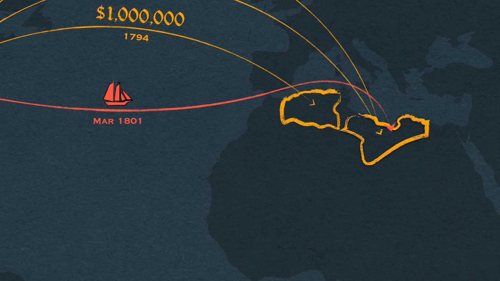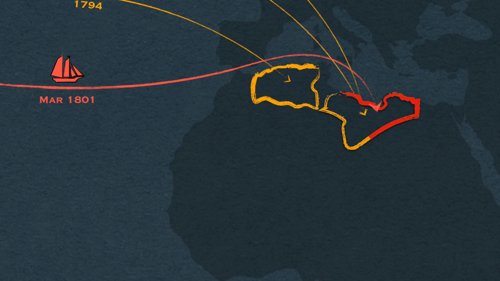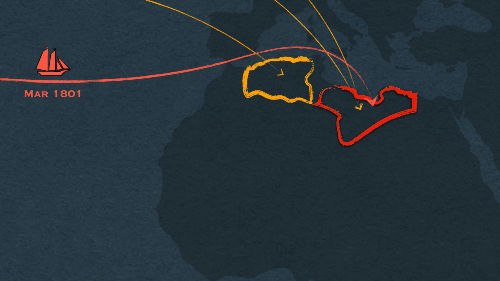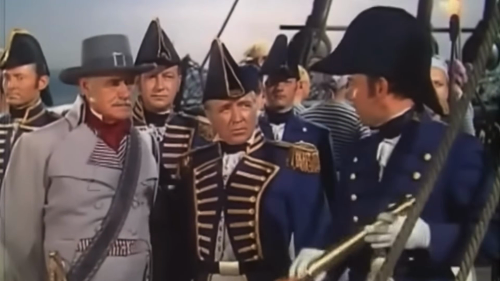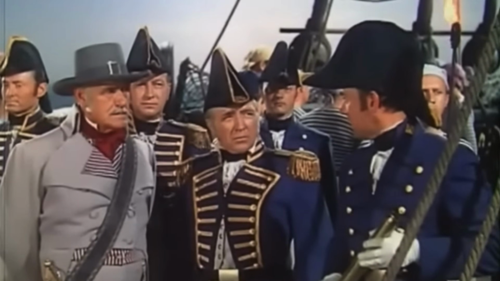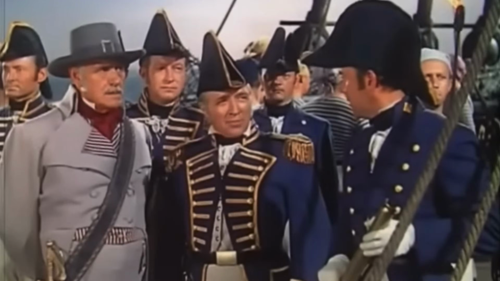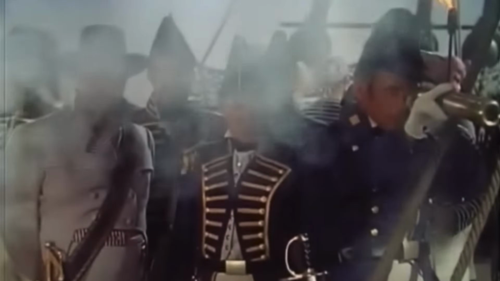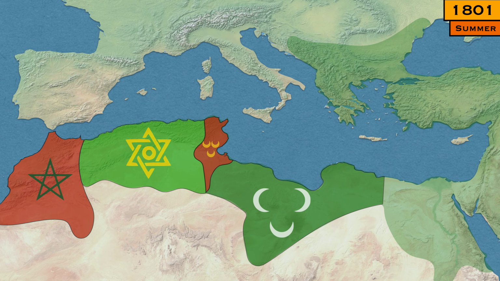But at about the same time, in March of 1801, Tripoli declared war. Of course, the Americans figured something like this could happen, so Jefferson instructed Dale that if he should learn that war had been declared, he should engage Tripolitan ships in self-defense and blockade their harbor. Full-scale offensives were not allowed, since Jefferson had not gotten congressional approval. By that summer, Dale's expedition arrived at Gibraltar, where they had learned from other sailors that Tripoli had declared war.